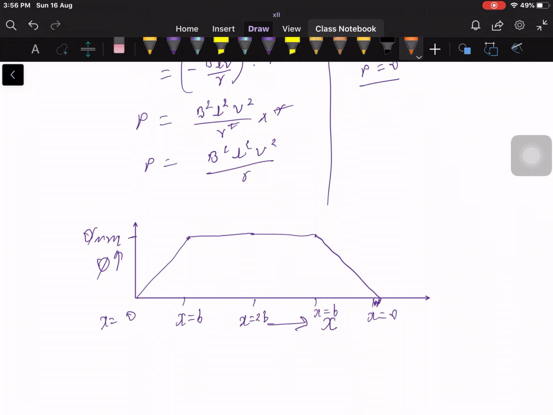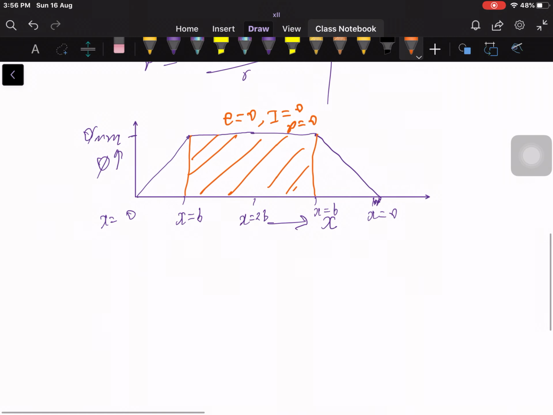One more thing we must remember is that this is the region where there is no change in the flux. All the flux is constant, which means this is the region where no induced EMF will be produced, no current will be produced, no power will be consumed. Why? Because no flux change is there. Flux is constant. As per Faraday's law of electromagnetic induction, flux must change.